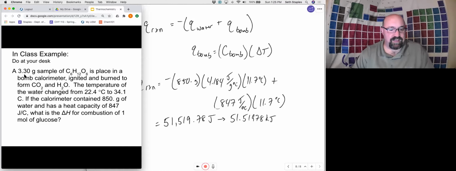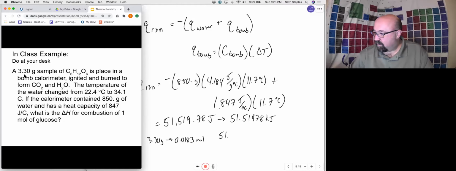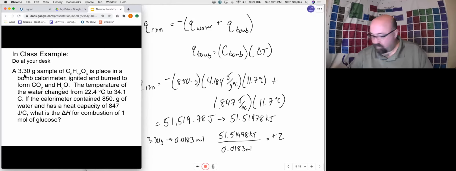We want to know the delta H in kilojoules per mole. So we're going to take that 3.3 grams and convert that over to moles. I won't show you that calculation because we've seen that a million times at this point. But we get 0.0183 moles. And so we're going to take our 51.51978 kilojoules divided by 0.0183 moles for a total of positive